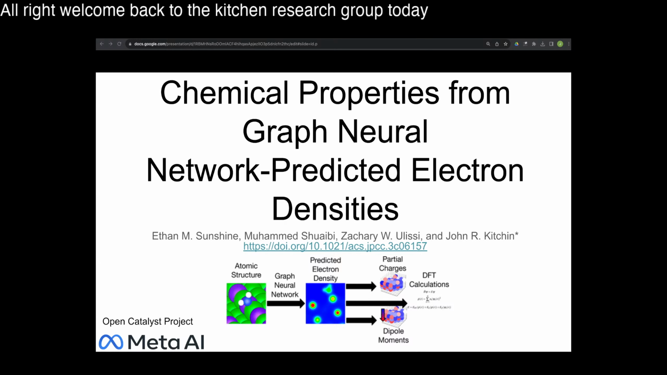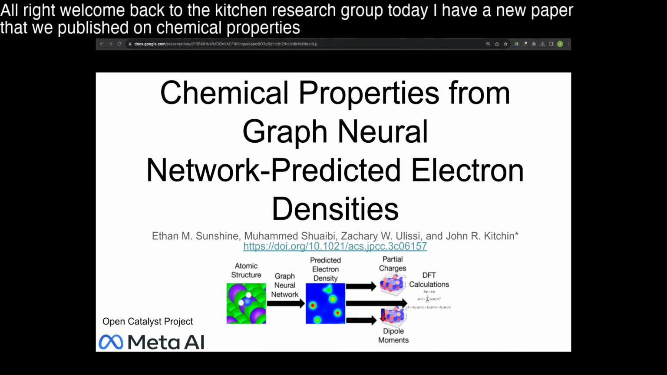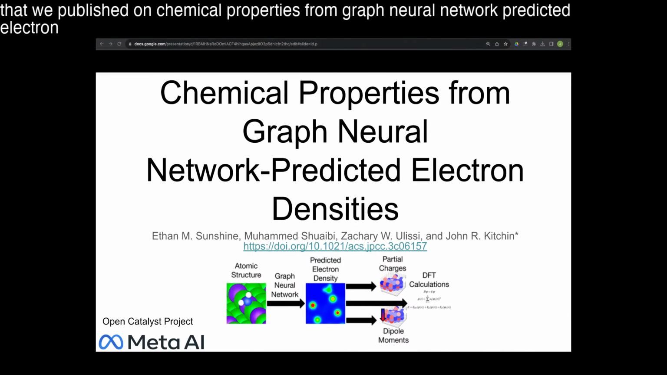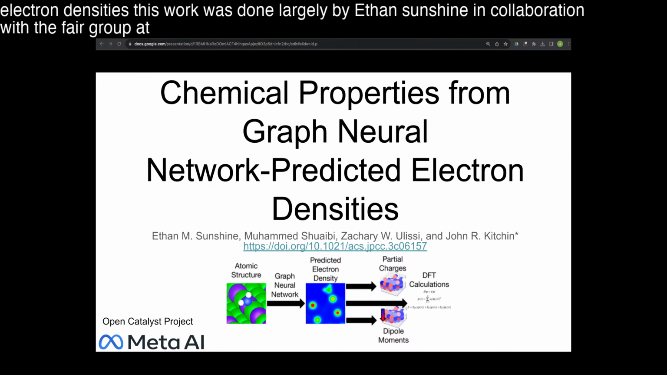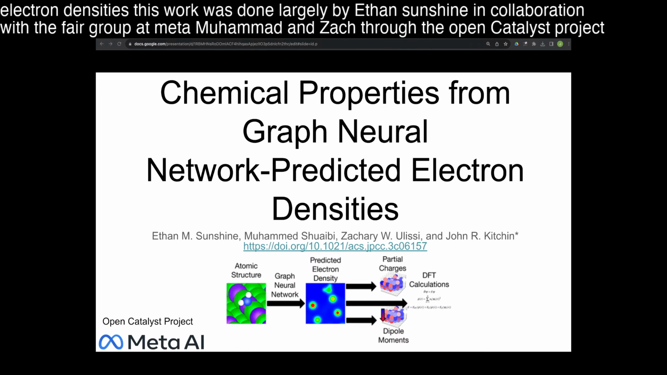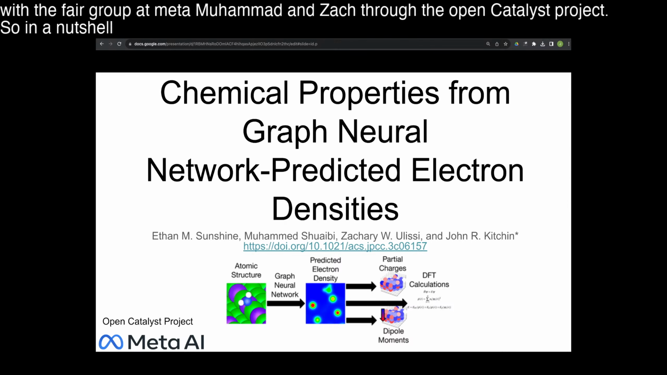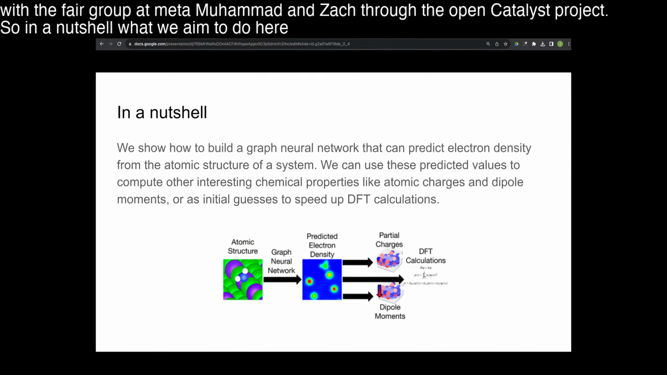Today I have a new paper that we published on chemical properties from graph neural network predicted electron densities. This work was done largely by Ethan Sunshine in collaboration with the FAIR group at Meta, Mohammed and Zach through the Open Catalyst project. So in a nutshell, what we aim to do here is take an atomic structure like